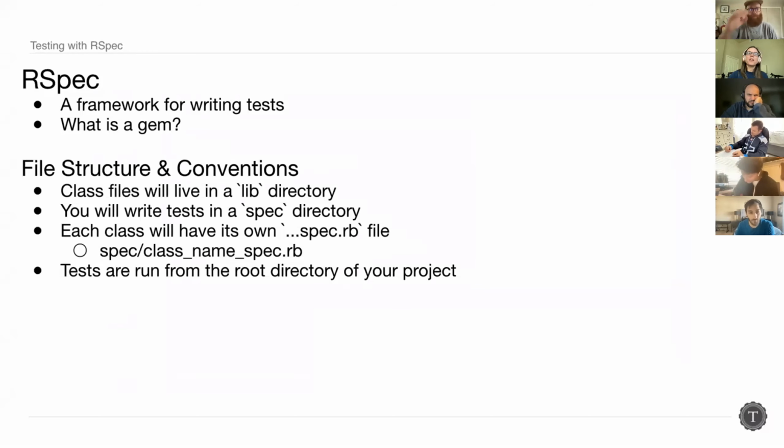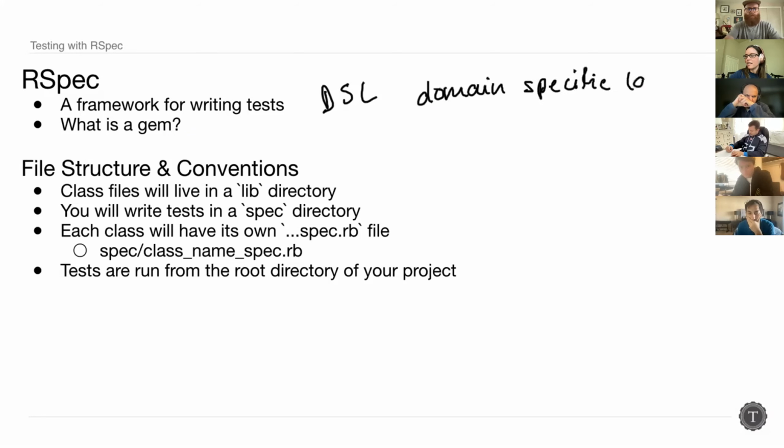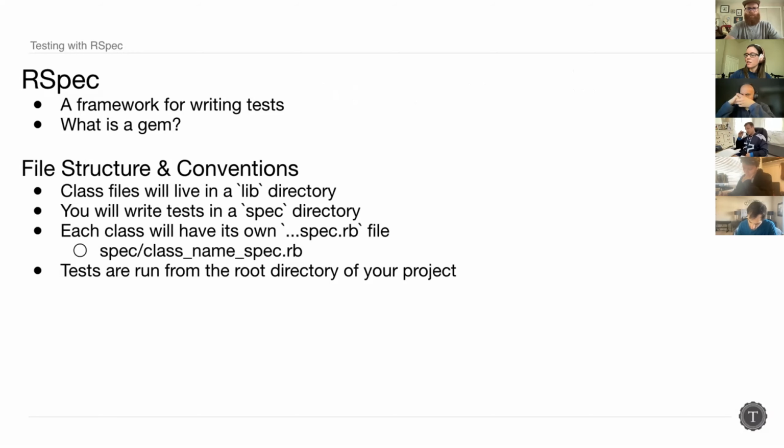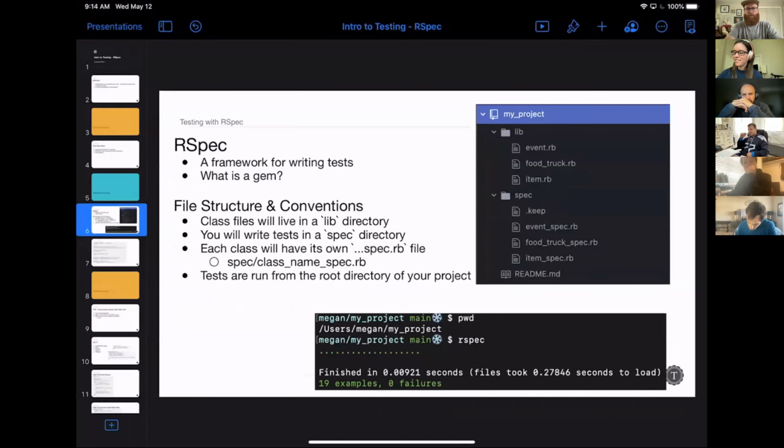So a framework, one other acronym that you'll hear sometimes when we think about frameworks is DSL, which is domain specific language. Okay, this is not a need to know, this is just a nice to know, but you'll hear this term thrown around sometimes. So domain specific language, it simply means